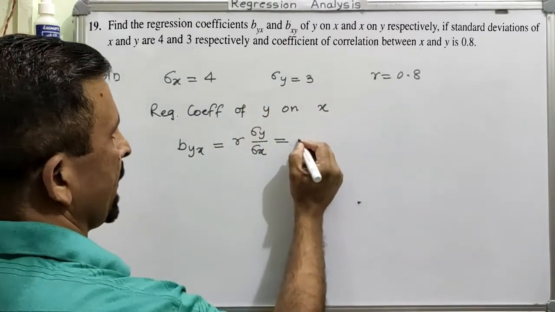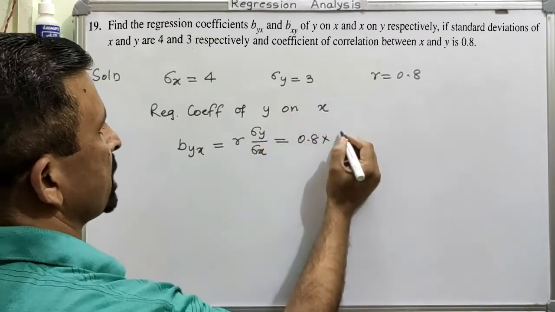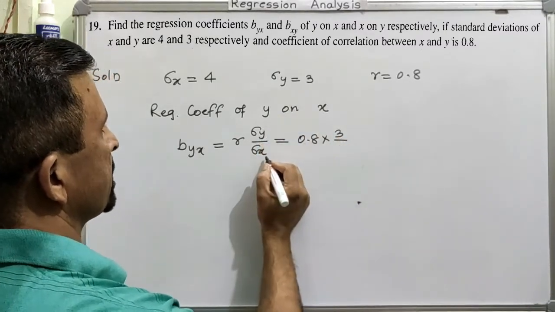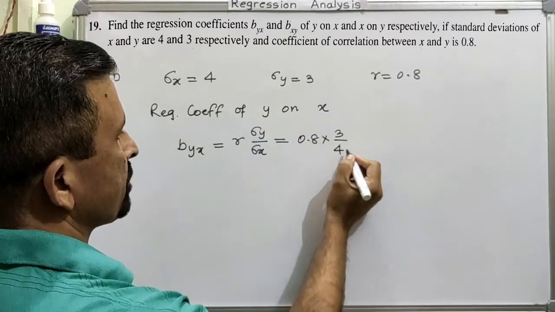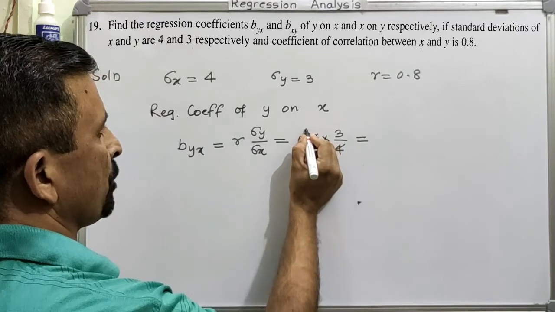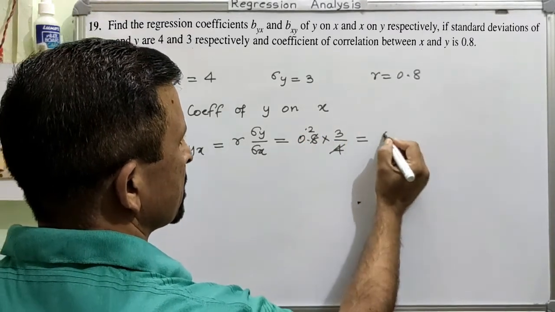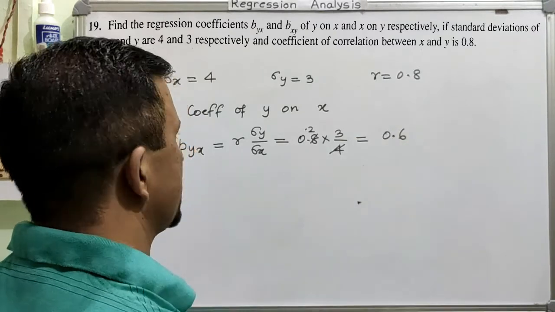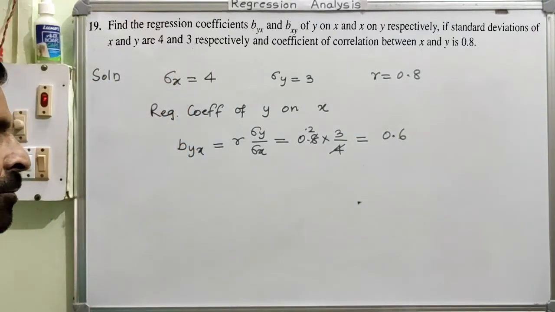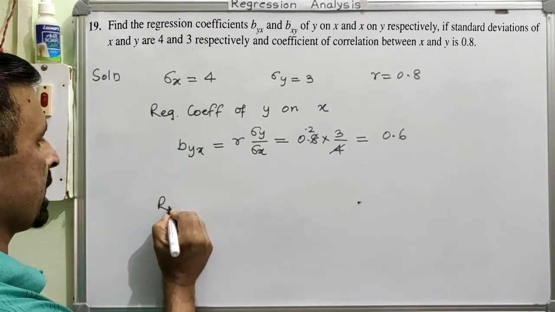R is 0.8, sigma y is 3, and sigma x is 4. So calculate: 4 twos are 8, so 0.2, and into this, 3 twos are 6, so 0.6. This is the regression coefficient of y on x. Likewise, we will calculate the regression coefficient